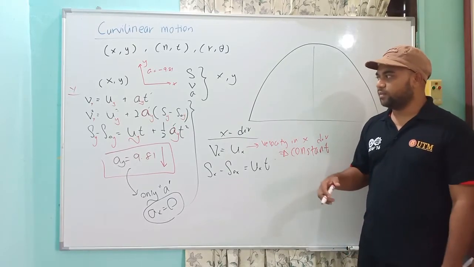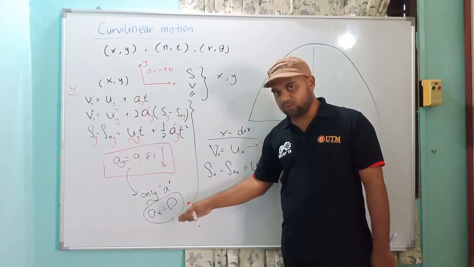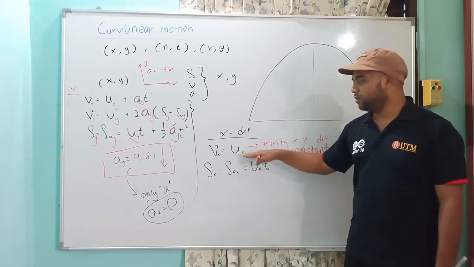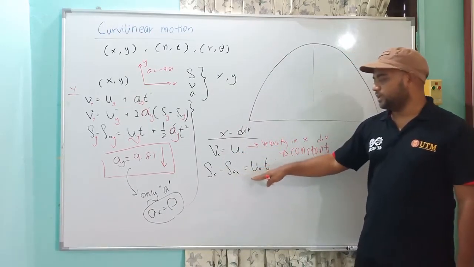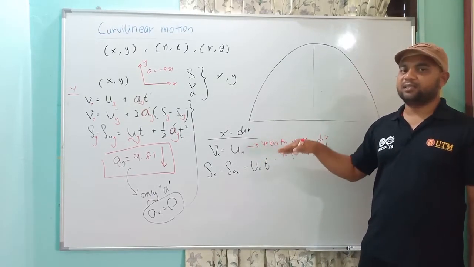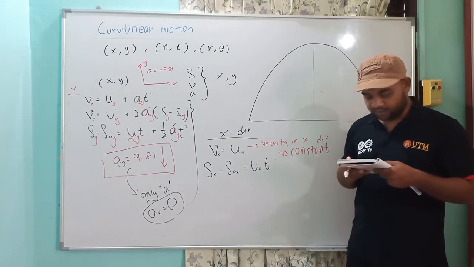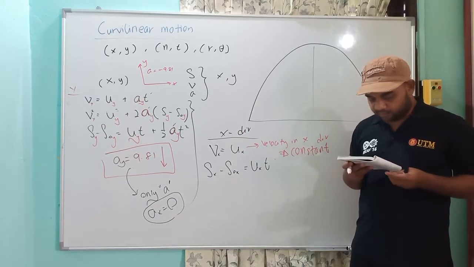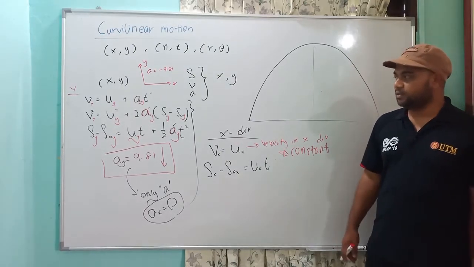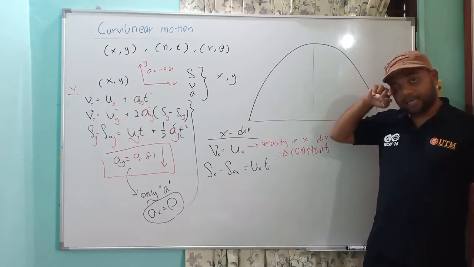The thing you need to remember again is that the only acceleration is the 9.81 downward acceleration, and ax equals 0. Because of that, we only have two equations here, v equals u and sx minus s0x equals uxt, so the velocity in the x direction is always constant and doesn't change. The velocity only changes in the y direction. That's all for the equations. So you have three equations in the y direction and only two equations in the x direction.